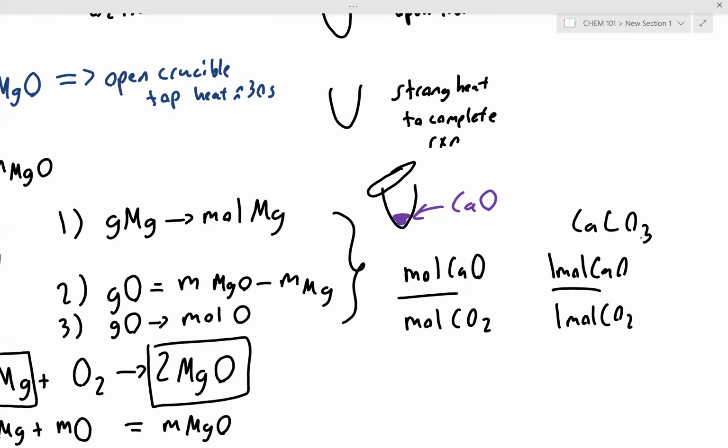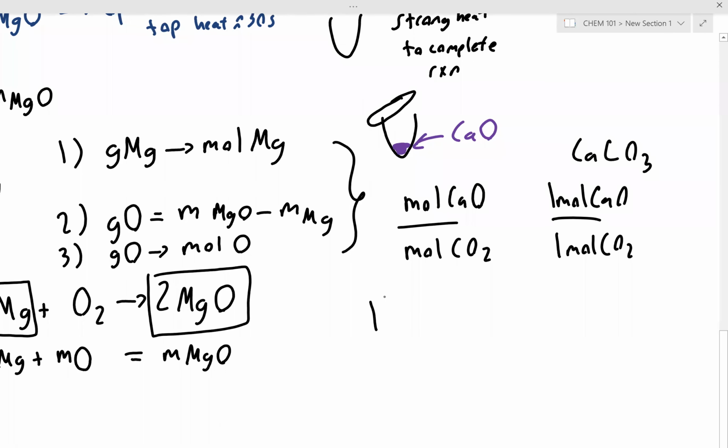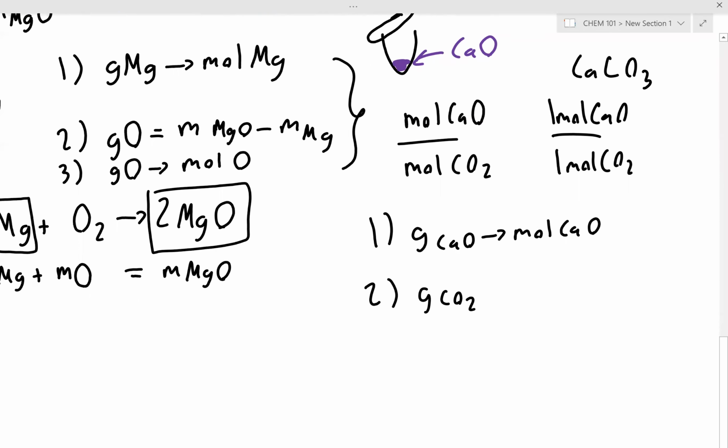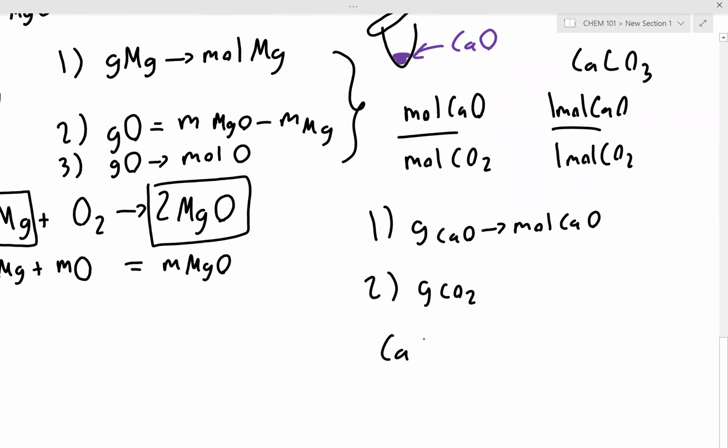What ratio you're calculating? Okay, so let me show you how to calculate this. First and foremost, we're going to need to go from the grams of calcium oxide to the moles of calcium oxide. Can we do that? Can we do a mass to mole conversion given a molecular weight? Yes. In the second step, we're going to need to figure out the grams of carbon dioxide. And just like before, we're going to draw a bit of a picture here. So if our calcium carbonate is decomposing to yield CO2 and calcium oxide,